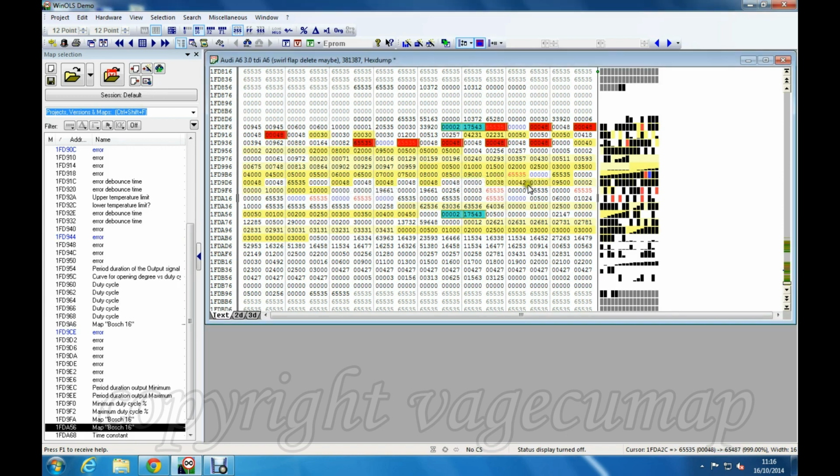And so I would just go through, and all of these pairs, wherever I thought there might be a possibility that that was a point that might report a problem with the swirl flap actuation, whether it's a low voltage, a high voltage, a stop not reached, anything, I would change all these to 65535 for the error, meaning the error will not be reported, and then the heal times or the events change to 0, which means that they will never be reported, because the instant they are, they will be instantly healed.